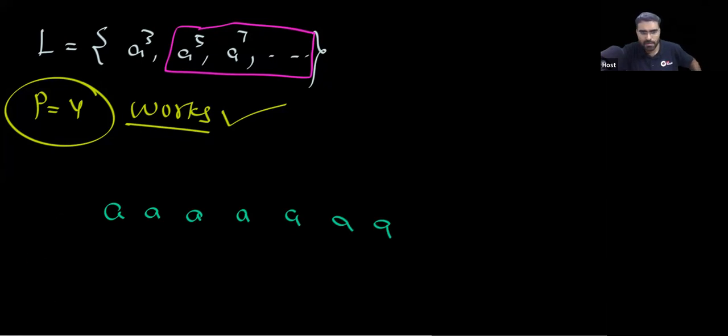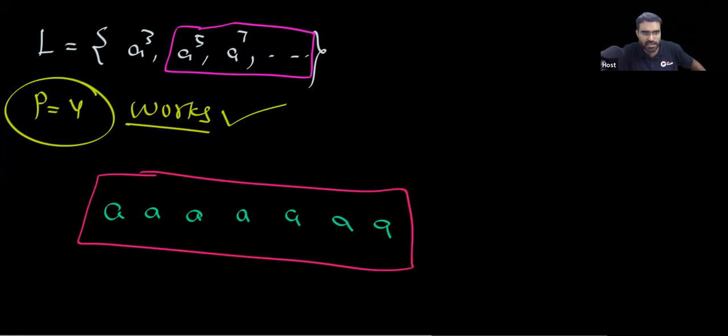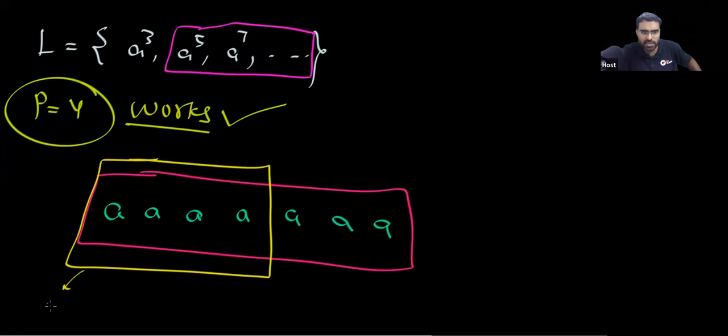Tell me which y will work. This is your candidate string. I am taking this candidate string. In this area, you will find y. So tell me which y you will take. You can take y equal to double a again. Always take y equal to double a. Who is stopping you? For every string, just take y equal to double a.